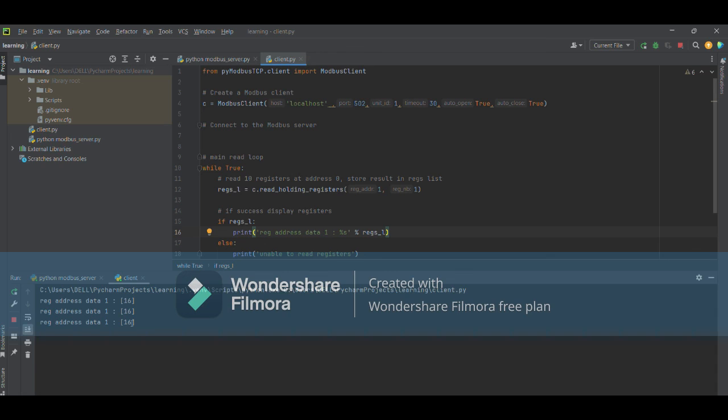Like that, we can read the different register data, like the coil register data and input register data. Simply put the coil registers and the input registers here. All these details we can see in the